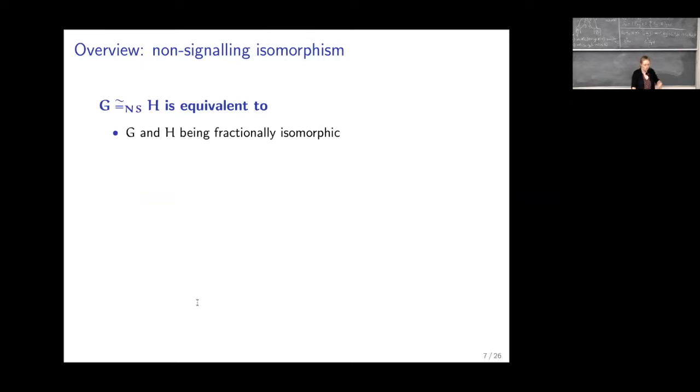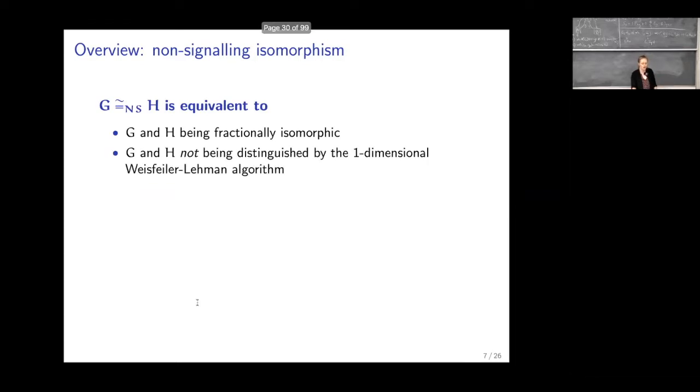And we get some extra things because of what is known about fractional isomorphism, right? So it's also equivalent to the two graphs not being distinguished by the so-called one-dimensional Weisfeiler-Leman algorithm. This is some algorithm that serves as an efficient test for graph isomorphism. Okay, so I'm saying it's a test. So if it says that the graphs are not the same, they are indeed not the same, but the other